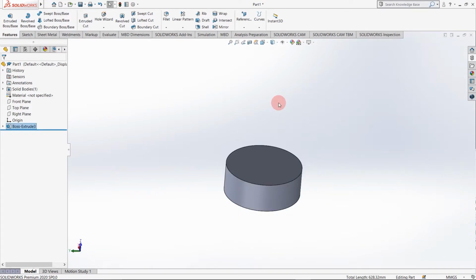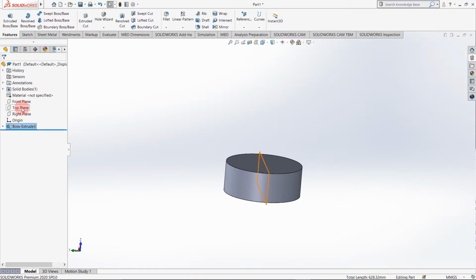For revolve cut, I have created a cylinder with thickness 75 mm and diameter 200 mm. Revolve cut is basically the same as extruded cut, but it cuts by the revolve command, as we saw in revolve boss base.